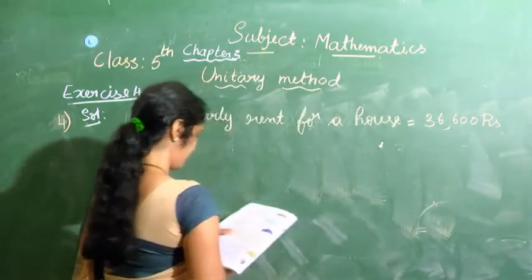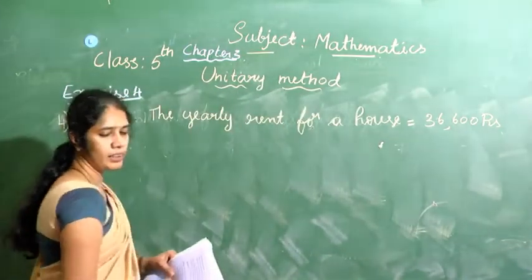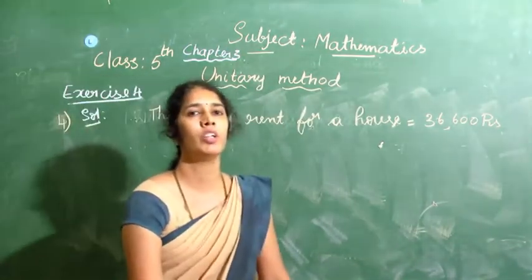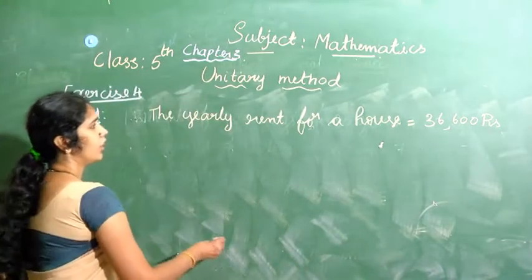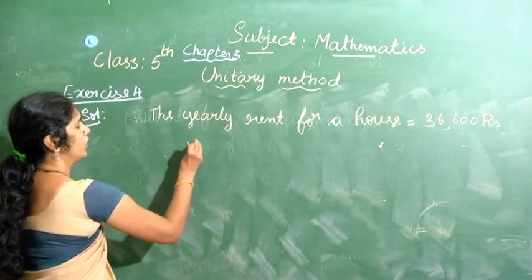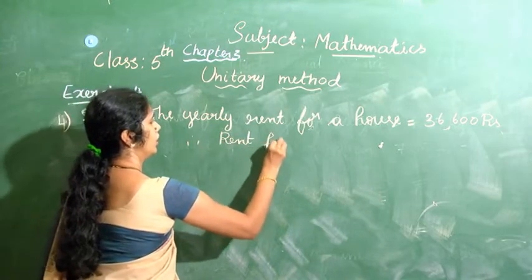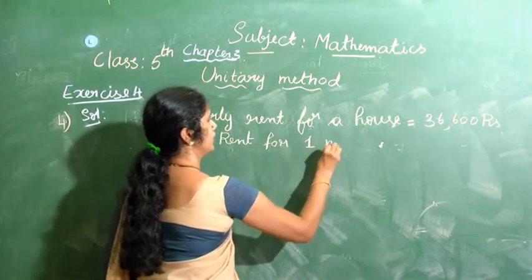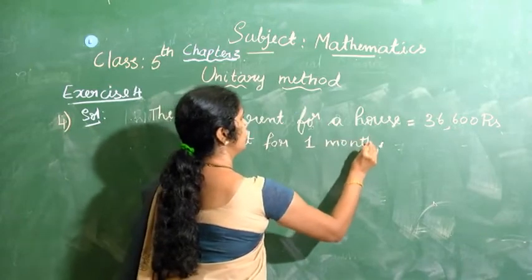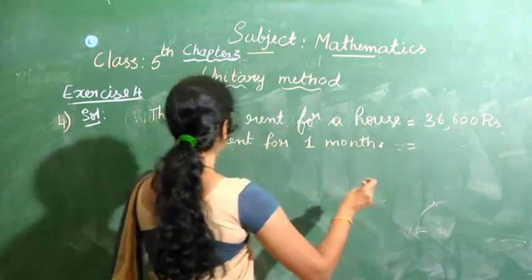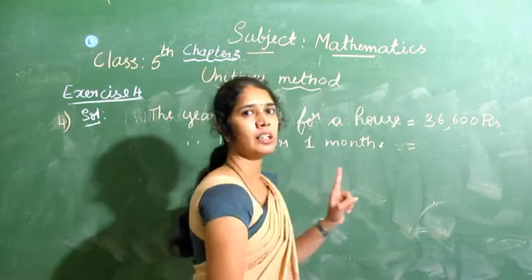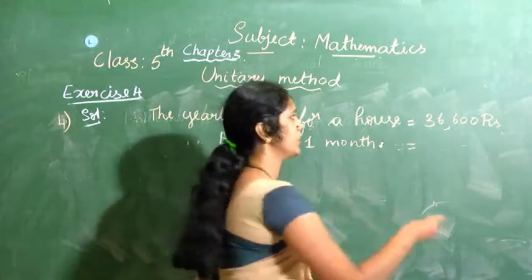So, we have to find first the rent for 1 month. Okay? Therefore, rent for 1 month. What should we do? We have to divide. How many months are there in a year? 12 months. So, divide